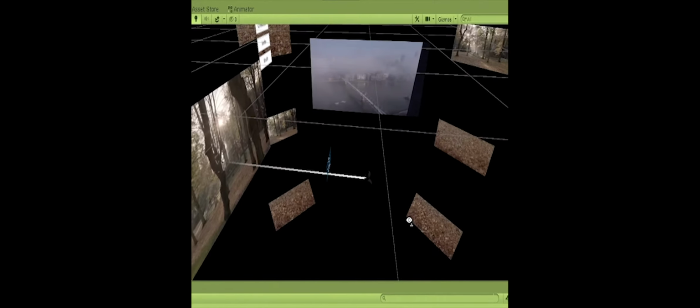Many tests were made to find the best ratio of quality versus performance, and I quickly realized that the Oculus would crash when the video size was greater than a gigabyte.